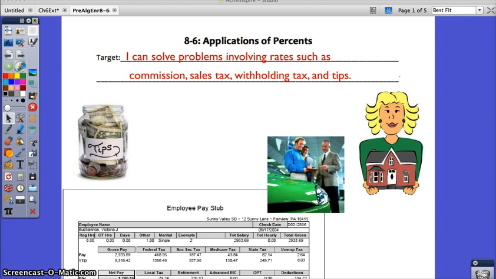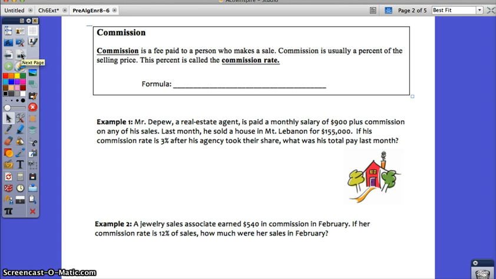So commission is going to be the first example that we're going to talk about. Some of the people who make commission might be car salesmen or realtors. When they sell what their product is, they make a certain percentage of their sales. So commission is a fee paid to a person who makes a sale. Commission is usually a percentage of the selling price, and this percent is called the commission rate. So whenever you want to find how much the commission would be, it's always going to be the commission rate